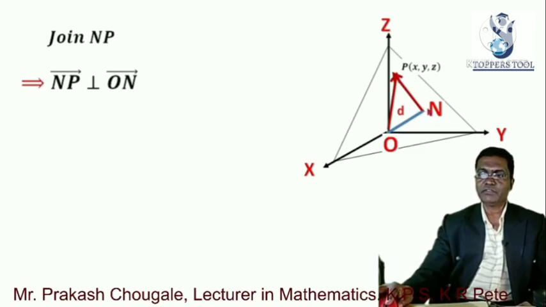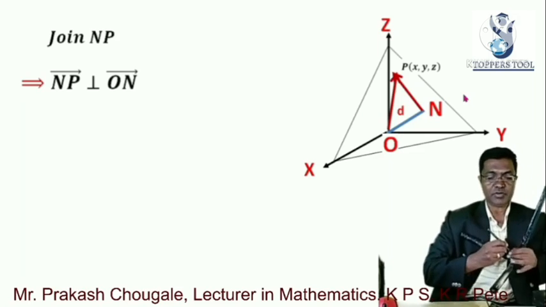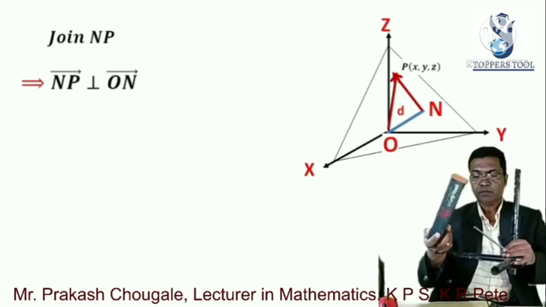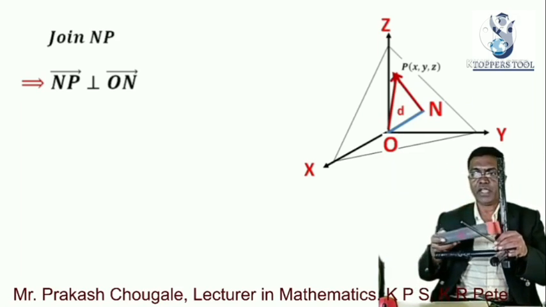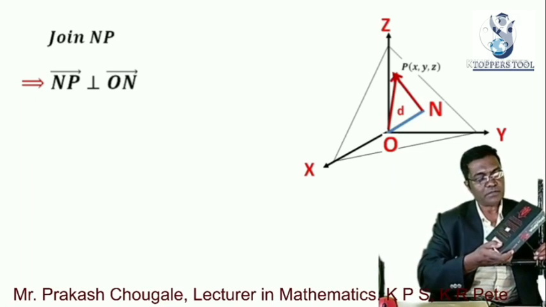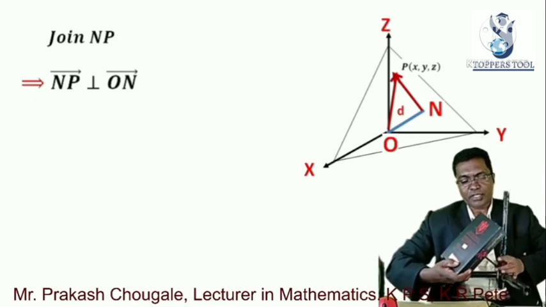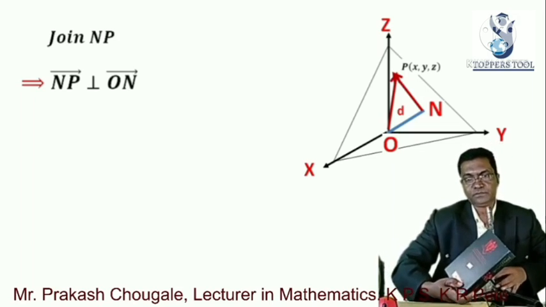As we all know, if you join PN, definitely this is perpendicular to ON. Okay. So if you want to imagine or realize this, suppose this is your ON and this is your plane. So if you mark any point on the plane,